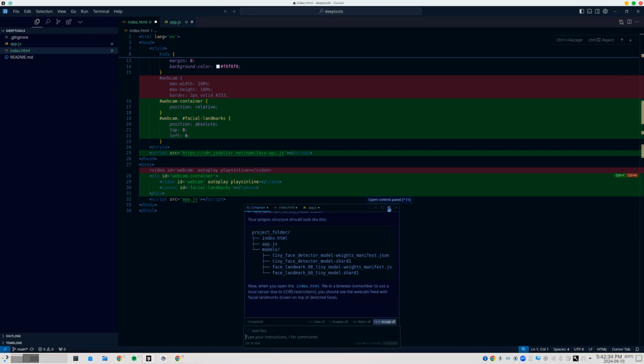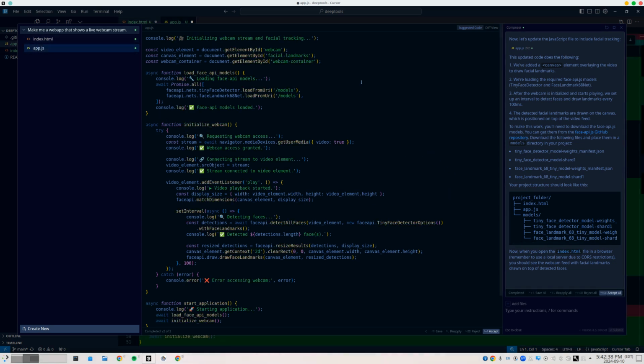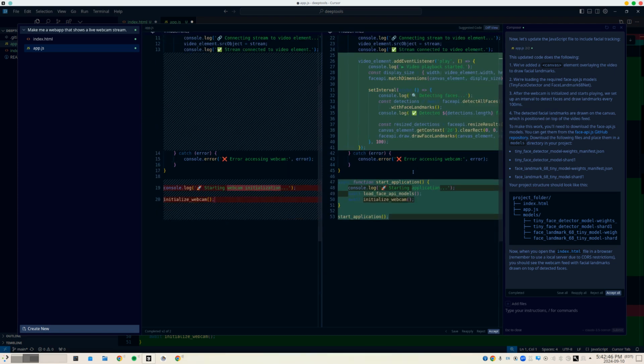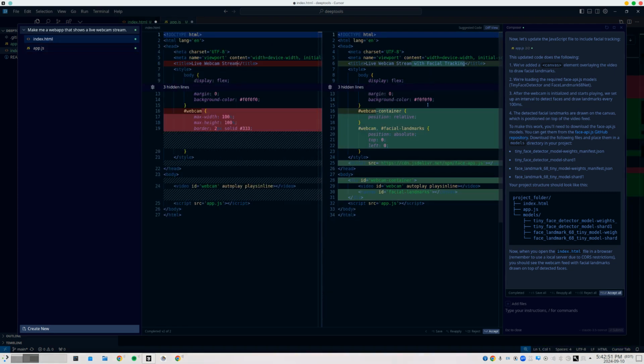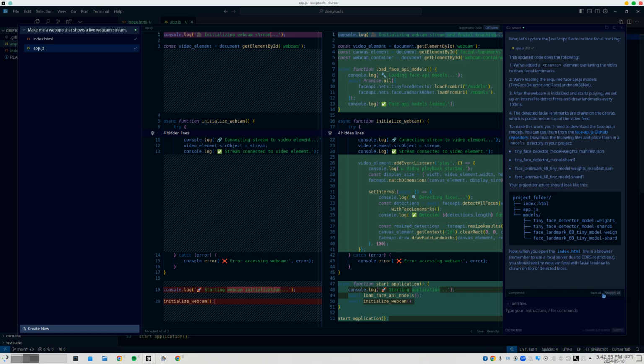So let's make this bigger. And now we can see the diff here. This is a useful tool, so you can see what it's changing. So it's trying to load this face API's face detector. And this is probably going to fail because it did not import the library, but that's okay. Let's accept all, save it,